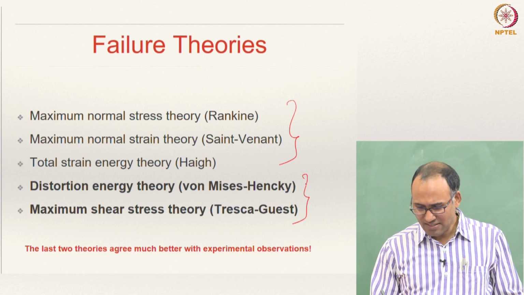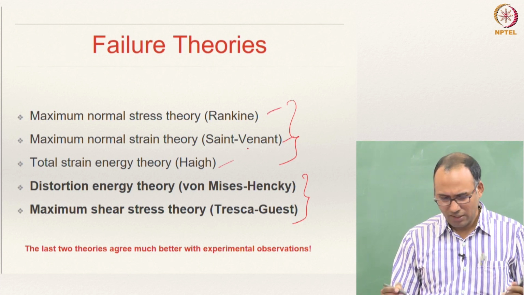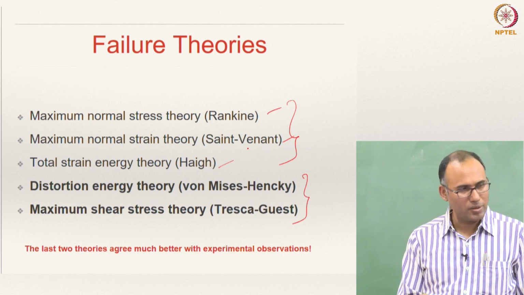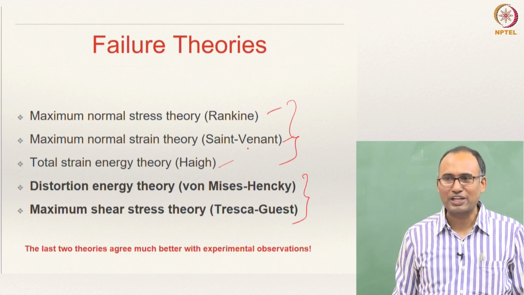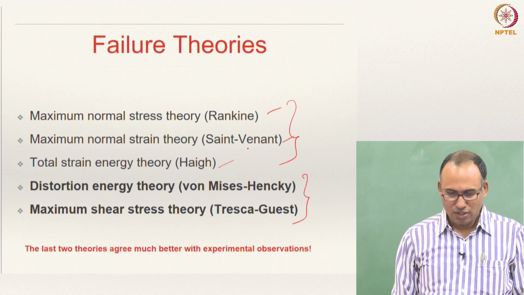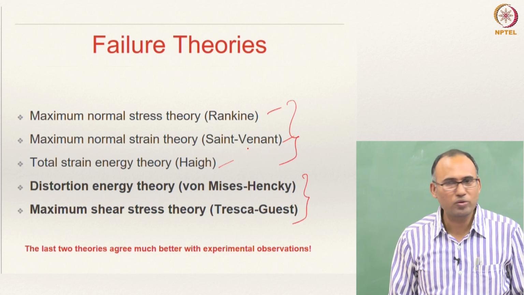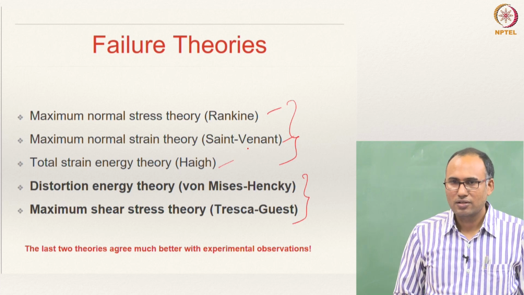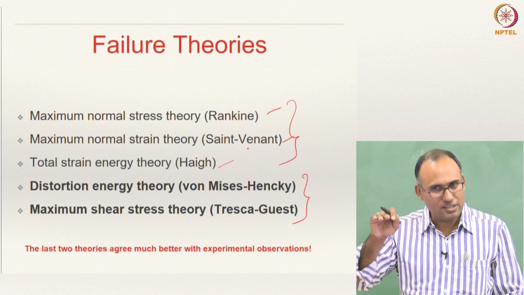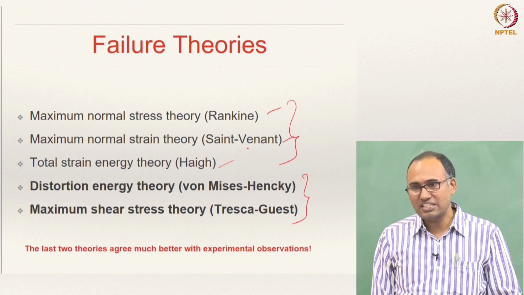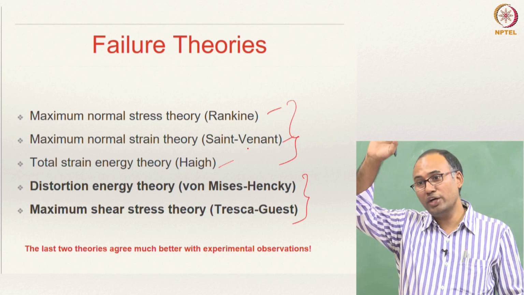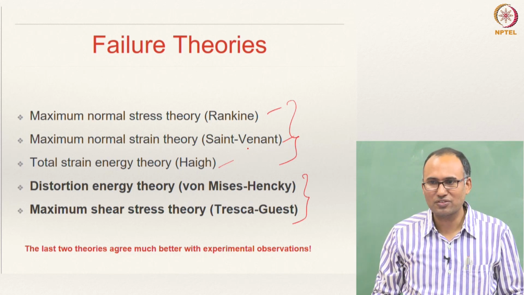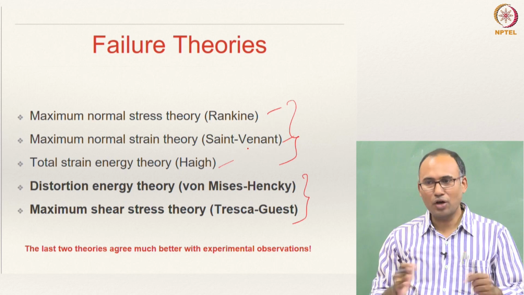Okay. So, in this class, I have already defined what these failure theories are, or you can go back and read some textbooks, and then you will be able to write the statement of the failure theory. Each failure theory will have a statement, right. So, the maximum normal strain theory statement could be what? When the maximum normal strain in the material at a given point reaches the strain corresponding to the yield of your uniaxial tension test, that is when failure happens, right. That is how they have defined it.